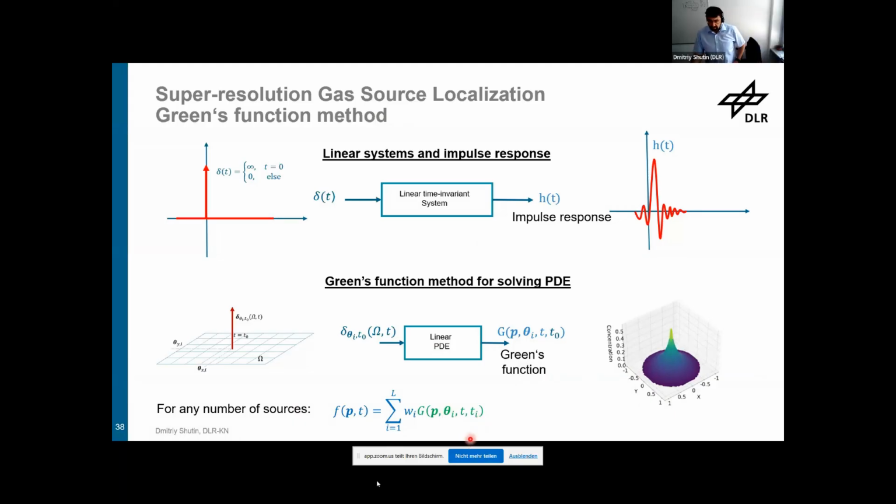Okay, so I will continue then. The idea is basically the same. It's an impulse response of the partial differential equation. And for us, it's quite useful because the right-hand side of our equation is a sum of impulses, so a sum of individual sources. So if we know the response of the Green's function for a single source, we can compute the concentration for any number of sources by just adding those functions up. And that's how we will approach the solution of the partial differential equation now, not numerically, but using the Green's function. So we compute the Green's function, and then we just see how the concentration is constructed as a linear combination of those.